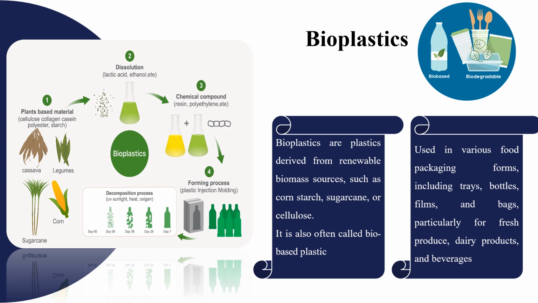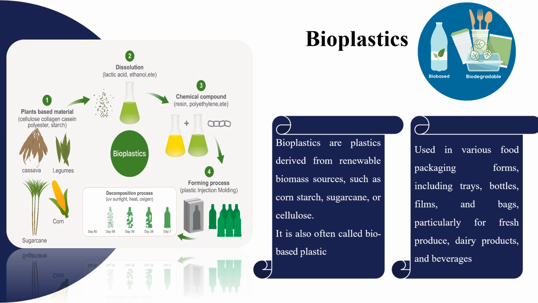In the third beaker, the chemical compounds are extracted from this, and the resin and polyethylenes are mixed into it. Then comes the fourth process, the forming process, in which plastic injection molding is used to give the shape of a bottle. And these bottles are decomposable and